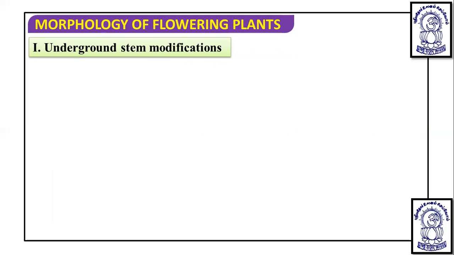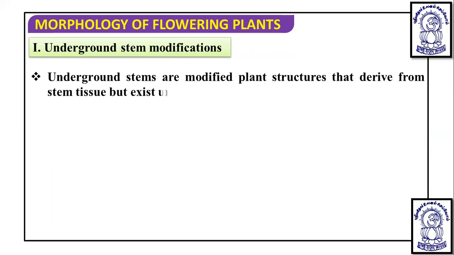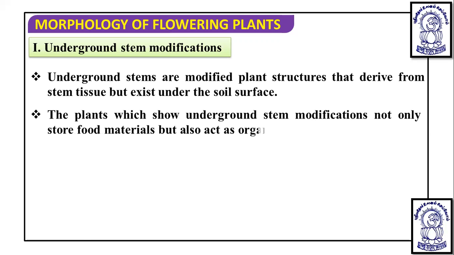First we are going to talk about underground stem modification. When we see that a stem is underground or below ground and it is getting modified, then it gets modified into different forms. So underground stems are modified plant structures that derive from the stem tissue but exist under the soil surface. The plants which show underground stem modification not only store food material but also act as an organ of